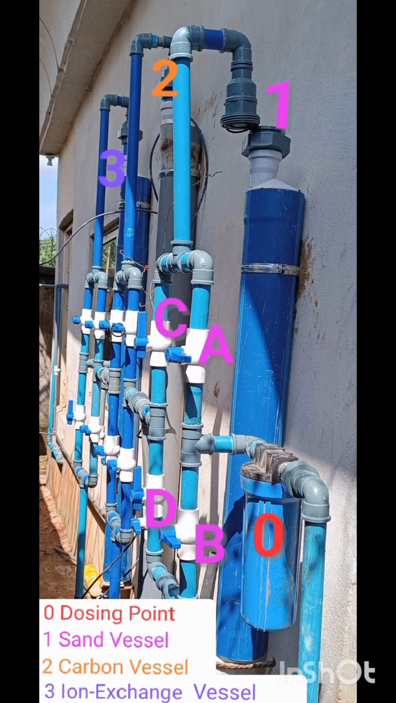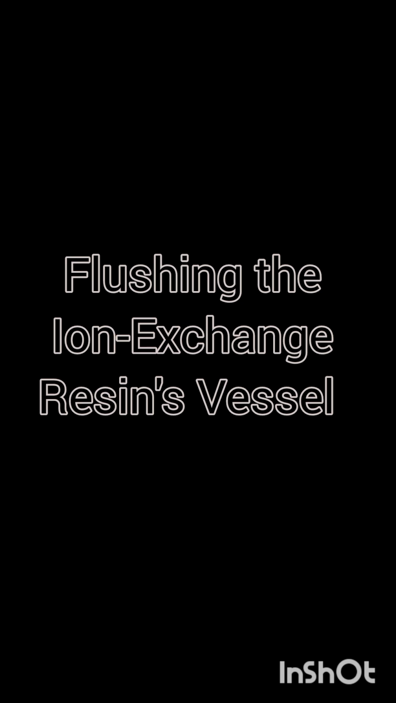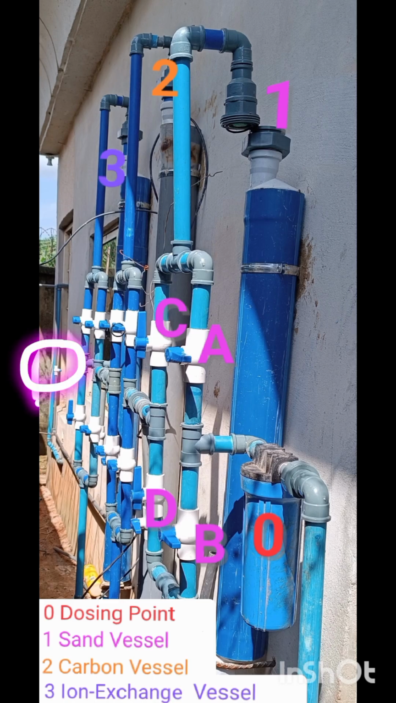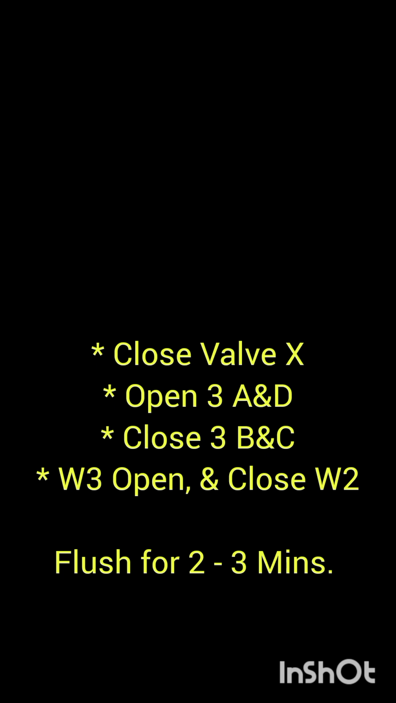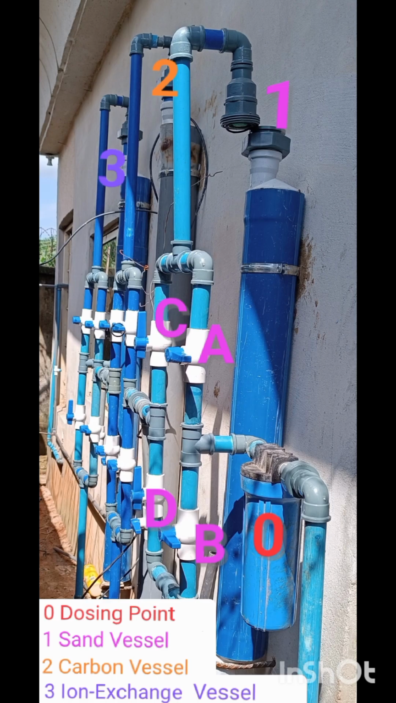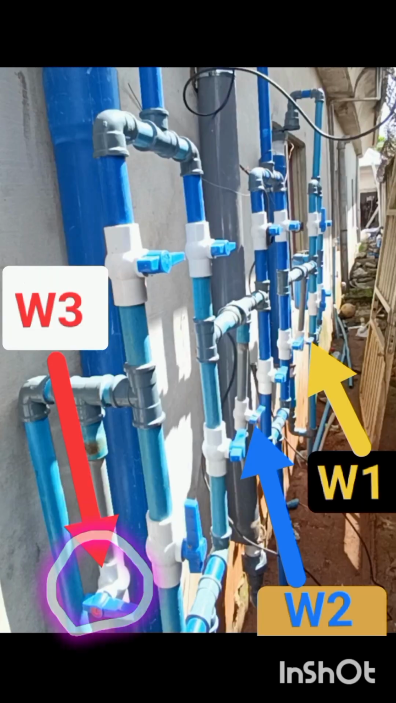To flush the ion exchange resins vessel, ensure valve X is closed. Open valves 3A and D, close 3B and C, open W3 and close W2. Water will flow from the carbon vessel and enter it at the top and exit the bottom and waste at W3. Flush it for 2 to 3 minutes. After 2 minutes,